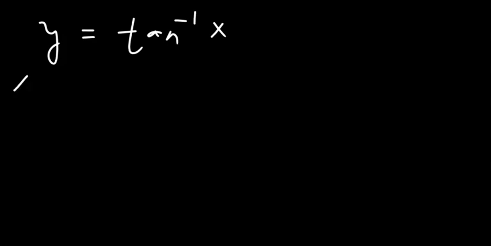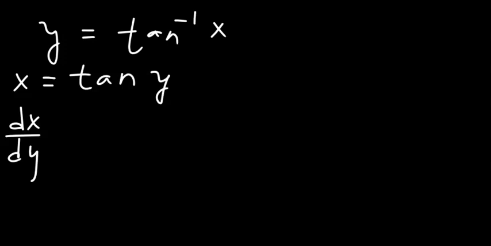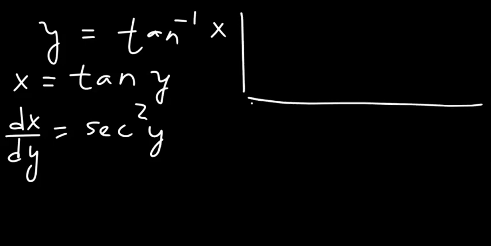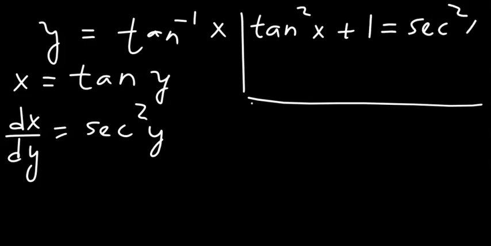So again, you use the same trick. You express x in terms of y and that becomes tangent y. This we know how to differentiate. When we differentiate x with respect to y, it is simply secant squared y. Now let's look at one of the trigonometric identities that says tangent squared x plus 1 equals secant squared of